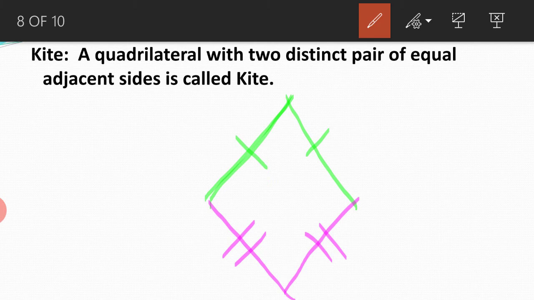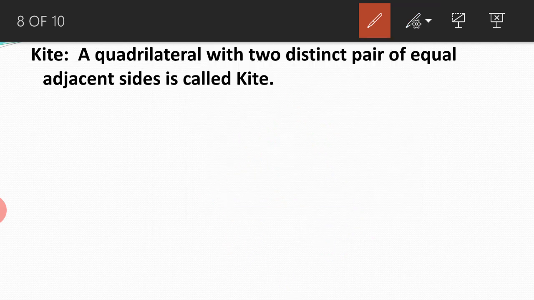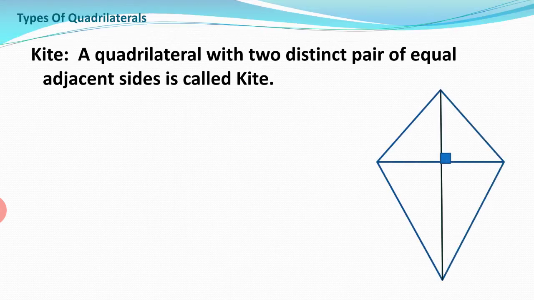Is it clear? Now in a kite, we actually have two isosceles triangles if we join the diagonal, the upper one and the lower one, isn't it? So let us draw the figure for this. So we have a kite in this way. Now what happens in kites? We have two diagonals and these diagonals are perpendicular. If there are adjacent equal sides, then the diagonals will be perpendicular. This is a very important property. You remember it. Is it okay?